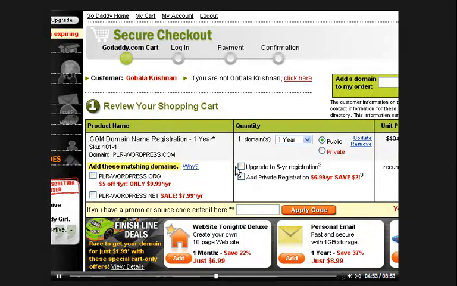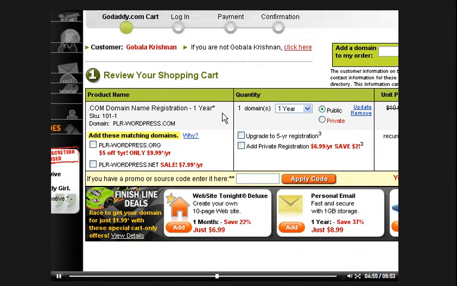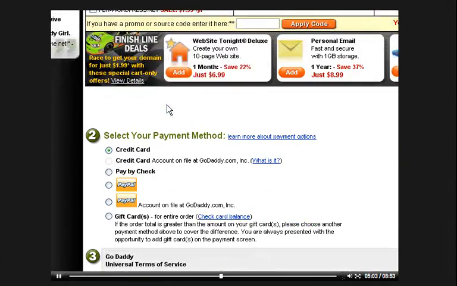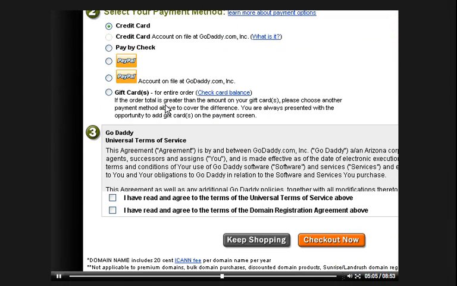And again, GoDaddy would try a very last minute attempt to sell you more stuff by allowing you to upgrade to 5-year registration and so on. But if you do not want those things, then just scroll to the bottom here and select your payment method. You could pay by credit card, or you could even pay by PayPal, and you have to agree to the terms and conditions of the GoDaddy service, and then you click on checkout, and that's how you register a domain